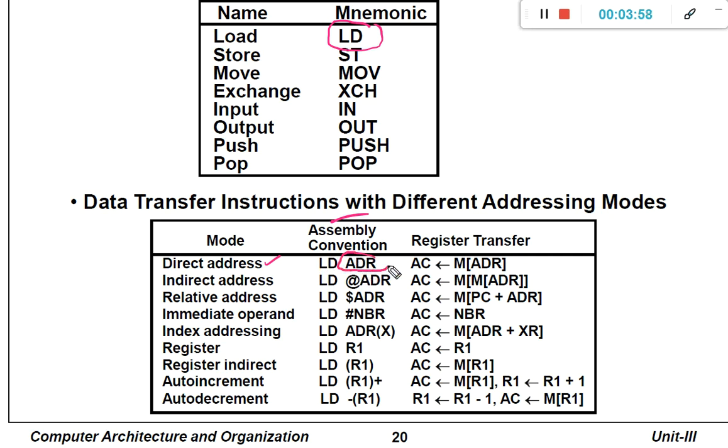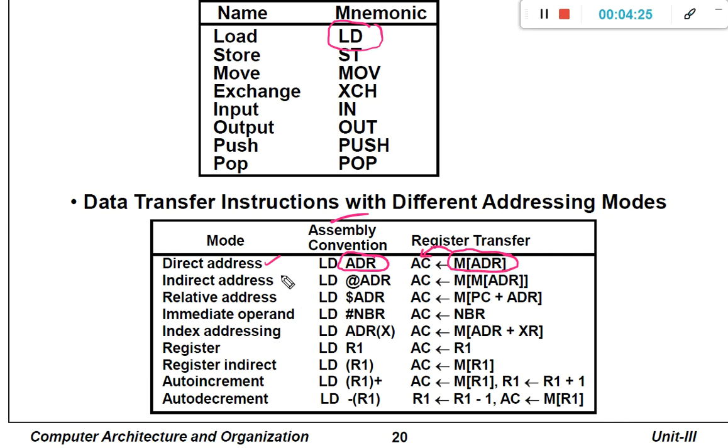Here ADR represents the address of the memory location. So it represents that we are using the direct address, retrieving the content from the memory location and assigning it to the accumulator register.